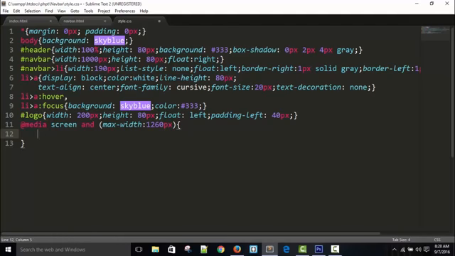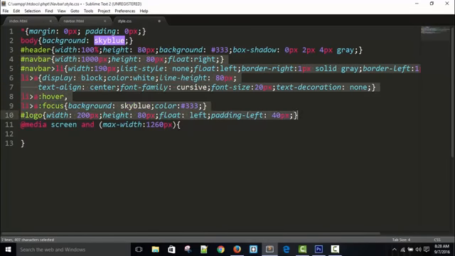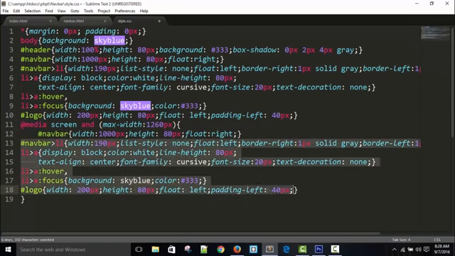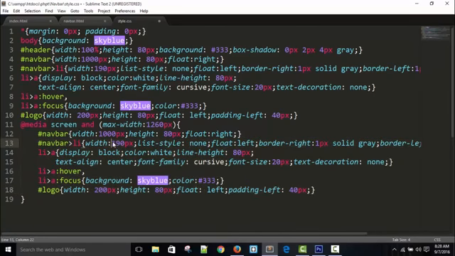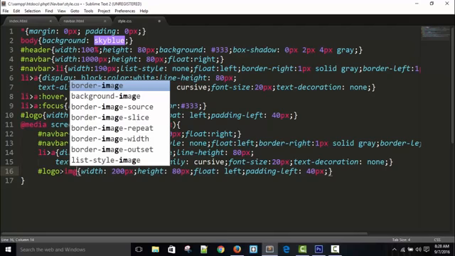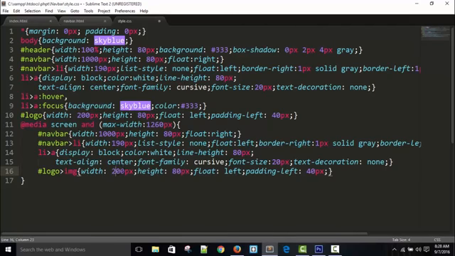Copy this above content from navbar and logo. Copy and paste it here. Tab and header is already 100%, so navbar we do not need this one over logo, and logo I'm going to select img tag logo image 150 pixel, height is 180 pixel, good, and float left 40 pixel,